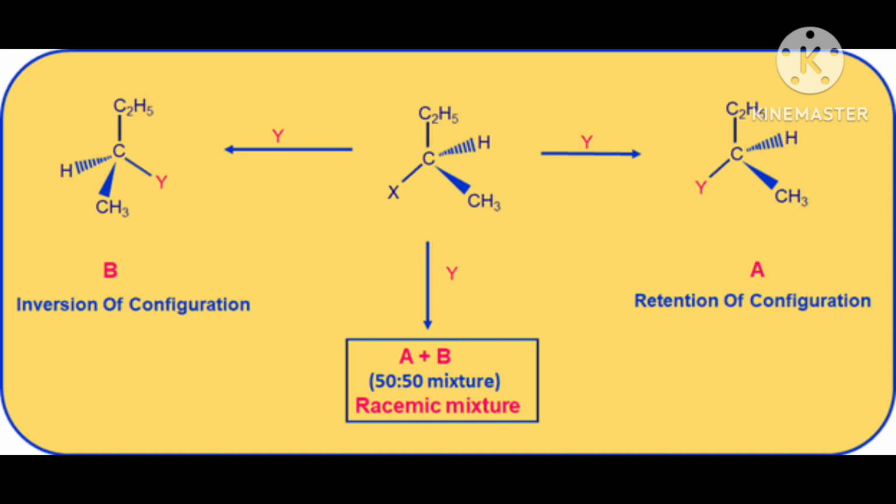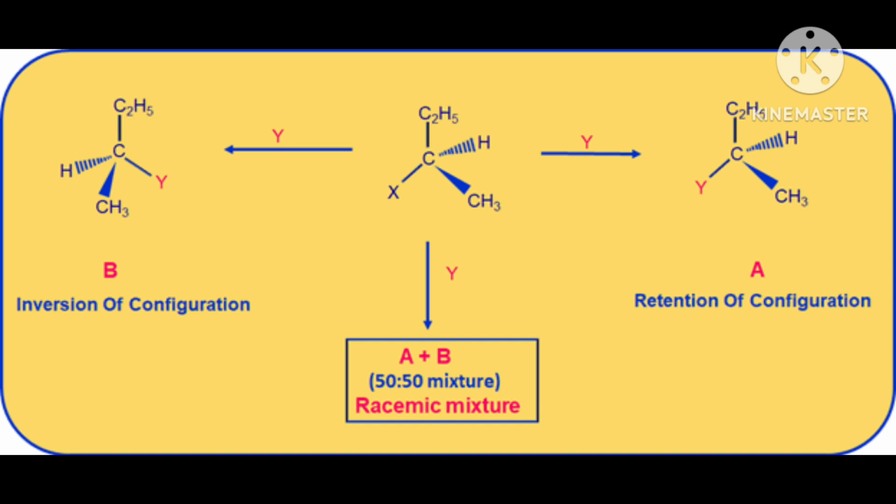Then in the new product, when the transformation takes place, the A, B, C positions will be the same, meaning the bonds will be the same. The X and C bond is also the same. The Y and C bond is the same as the X and C bond. C is the central atom and X is a halogen, or maybe another group. X has now changed to Y. This is the only change in the new product. In the reactant it was X, in the product it became Y, but all things are the same.